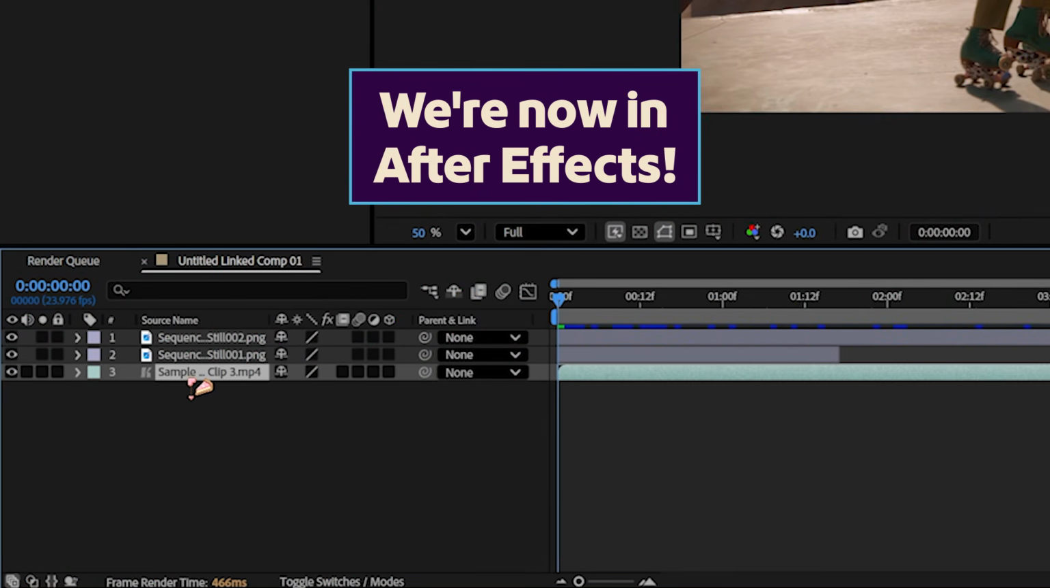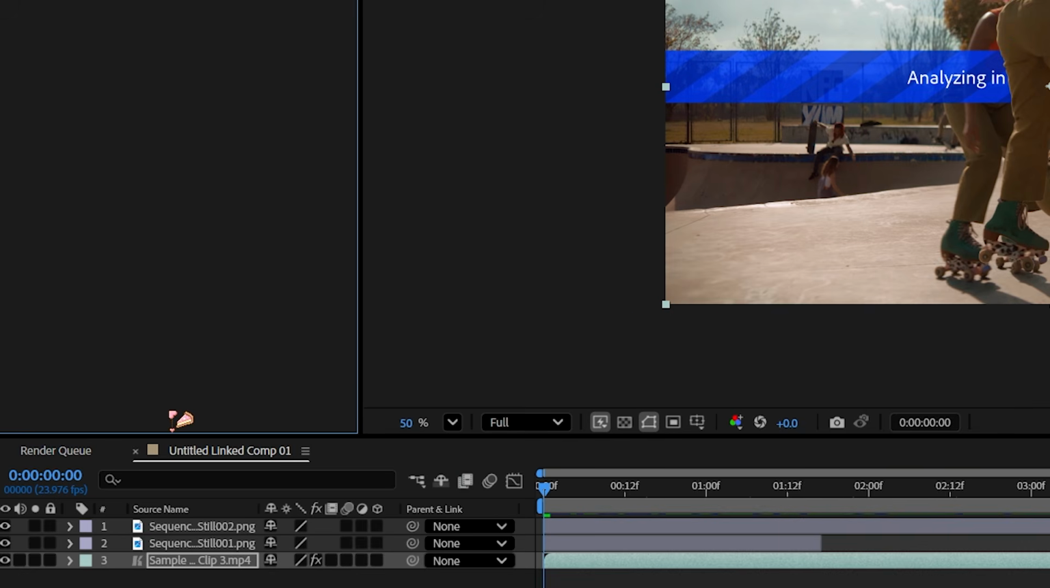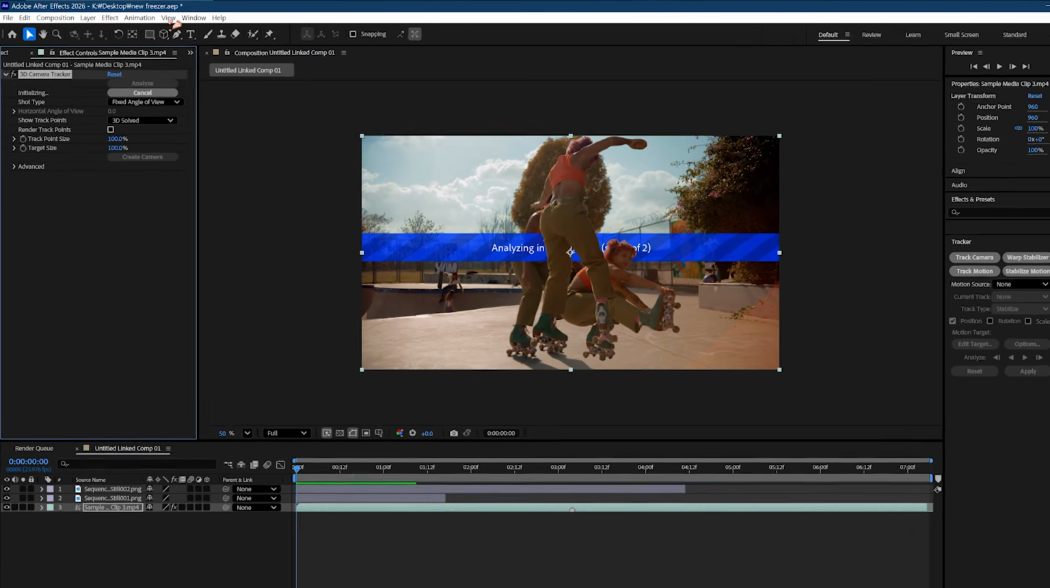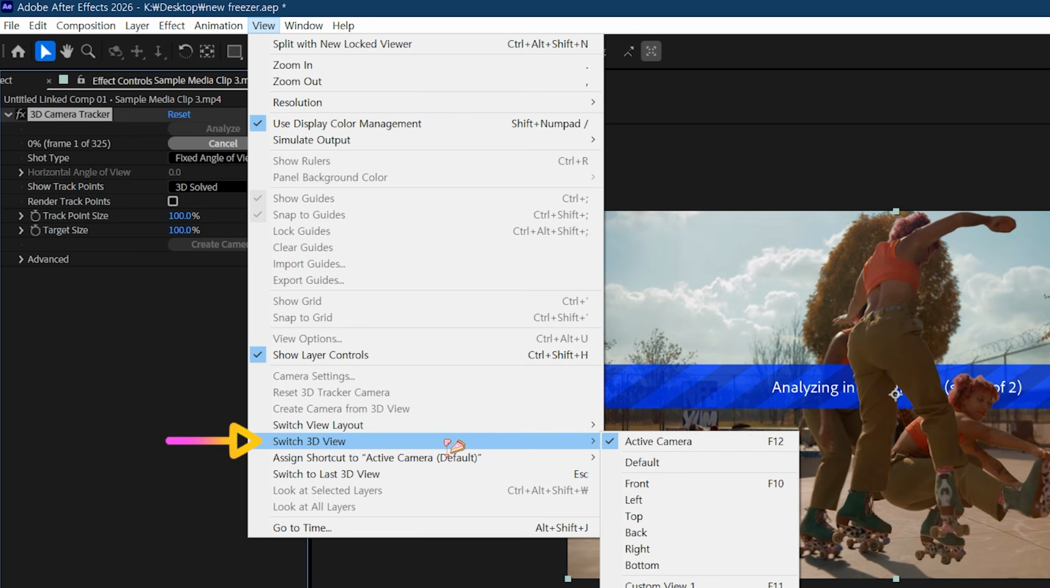To get the stills to follow the ground, we need to track the background's movement. We'll select our background layer and go to track and stabilize. We're going to track the camera. Now, while it's tracking the camera, to make sure we can see all the points that are going to appear as soon as it's done, head up to view and make sure that your 3D view is currently set to